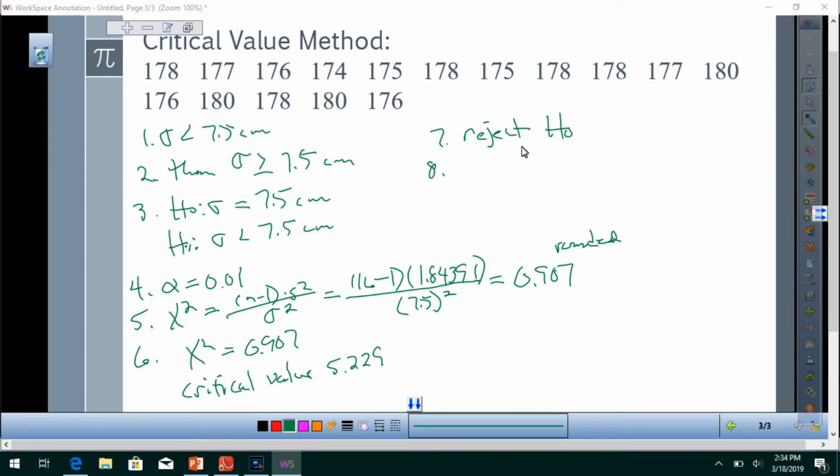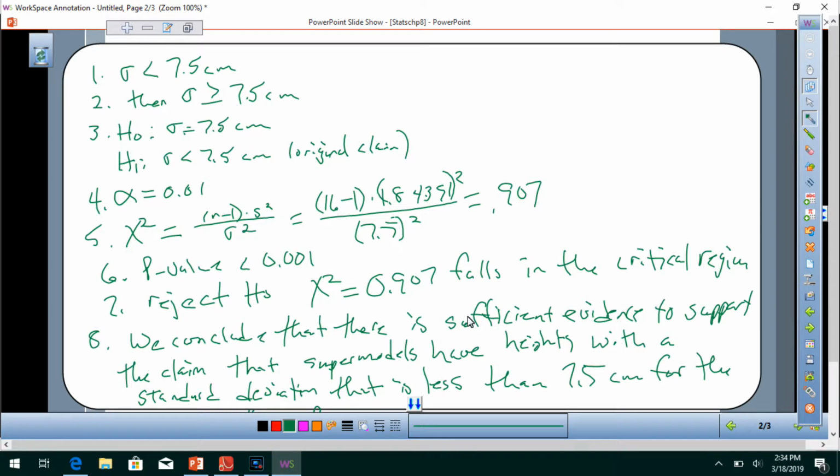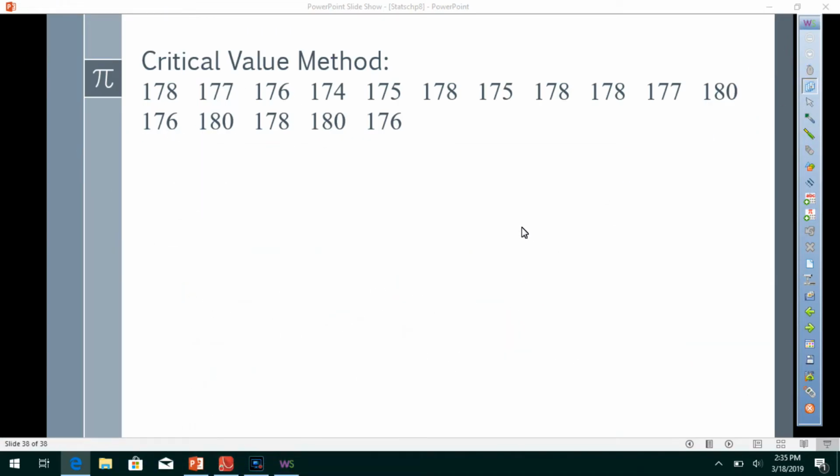Is the same as before on the previous slide. We conclude that there is sufficient evidence to support the claim that supermodels have heights with a standard deviation that is less than 7.5 centimeters for the population of women. All right. And then now let's do